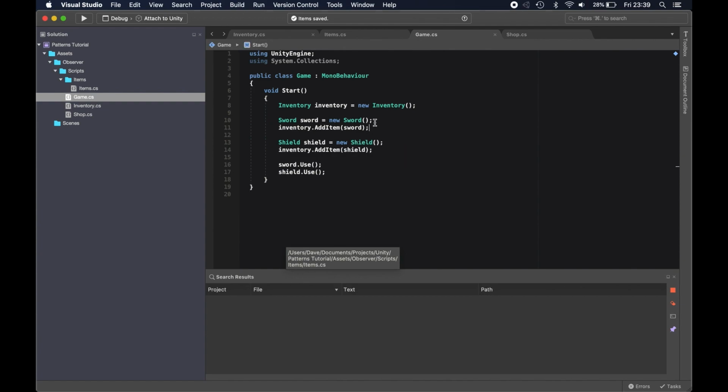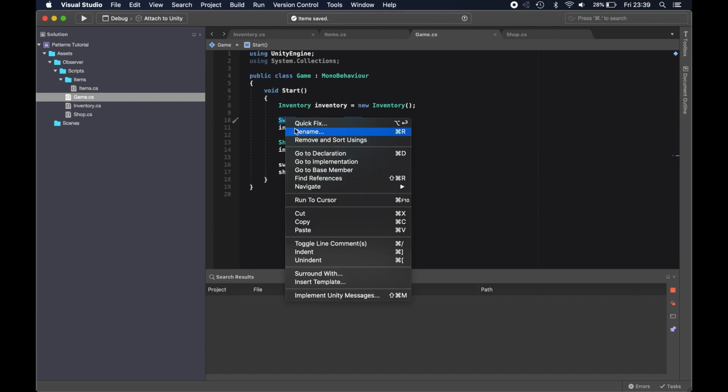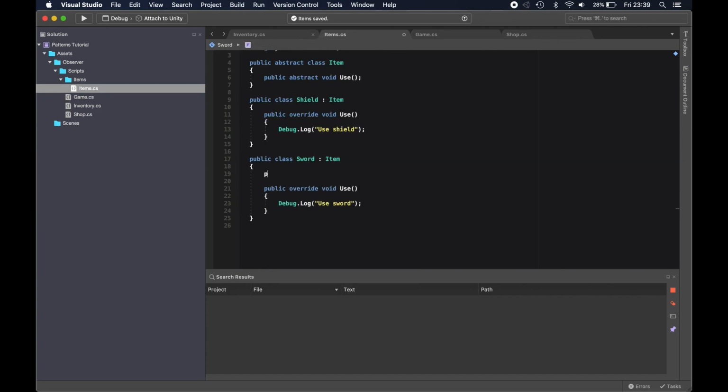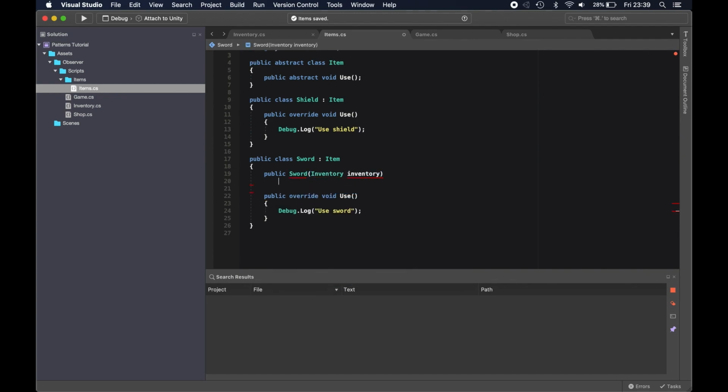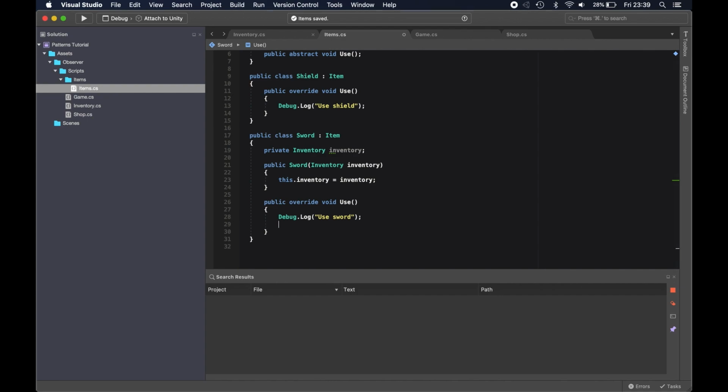Now that's something you can do in this class here, but then that means anytime you spin up an inventory you're going to have to remember that the sword is single use. It can be done inside the inventory itself, but then the inventory is going to have to check what type of item it's looking at, or it can be done in the sword, because the sword knows that it should be single use. So we could do something like take in the inventory in the constructor,